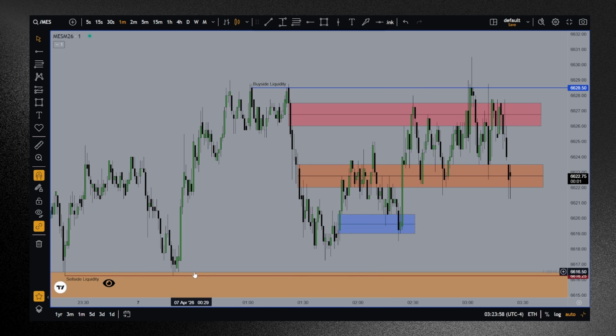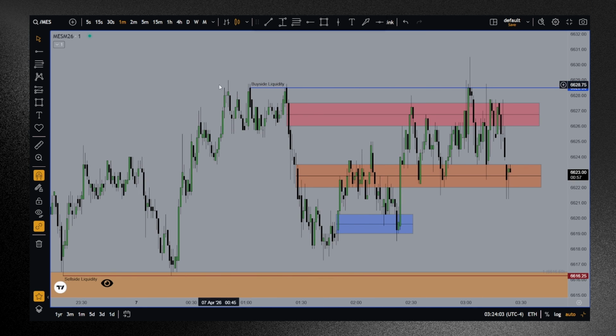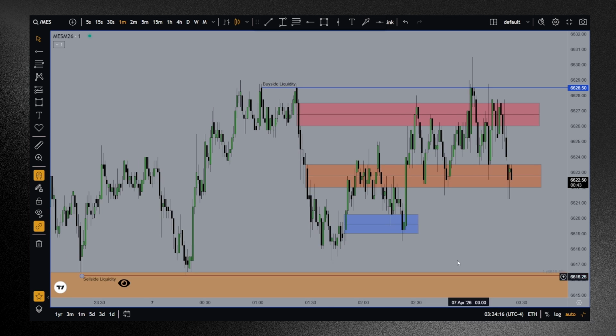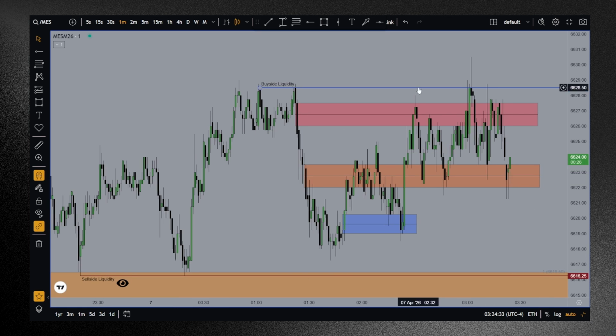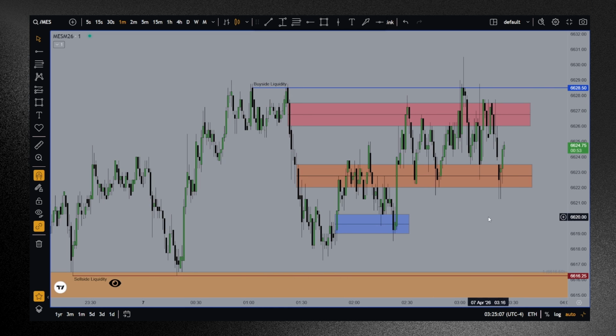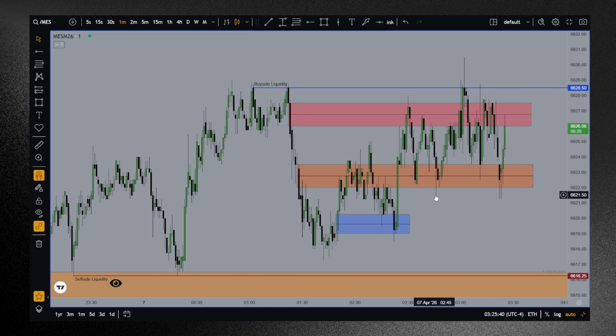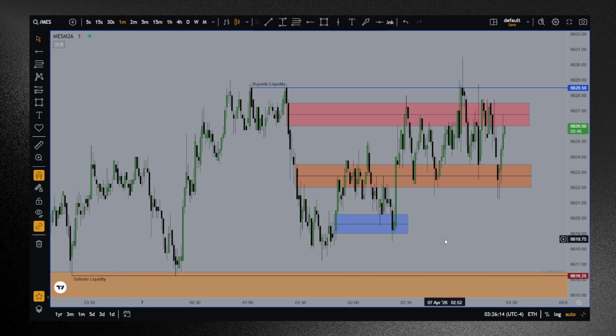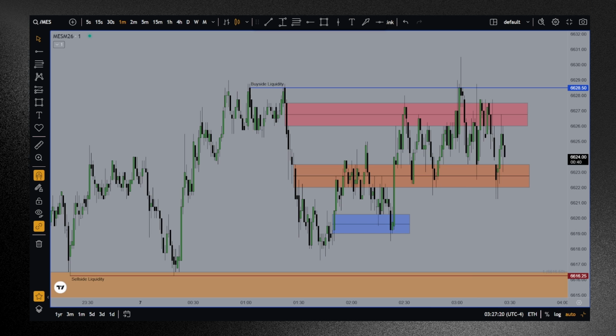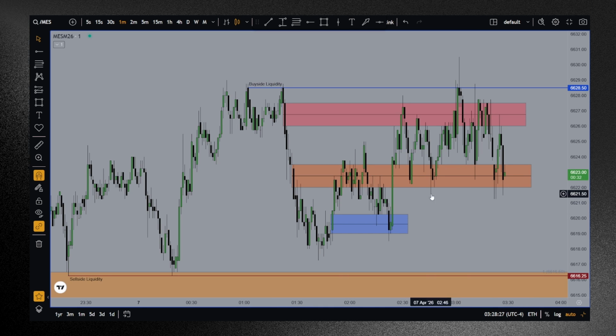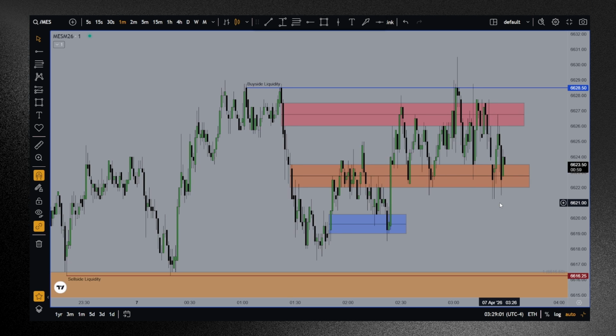I'm still waiting for the sell side to be taken out first, and then I would expect the buy side to be taken out with an opportunity, right? So I was waiting for that idea to basically develop, but price was hanging around, chopping back and forth inside of this range in here. High resistance liquidity run conditions, it wasn't really obvious or easy what it wants to do